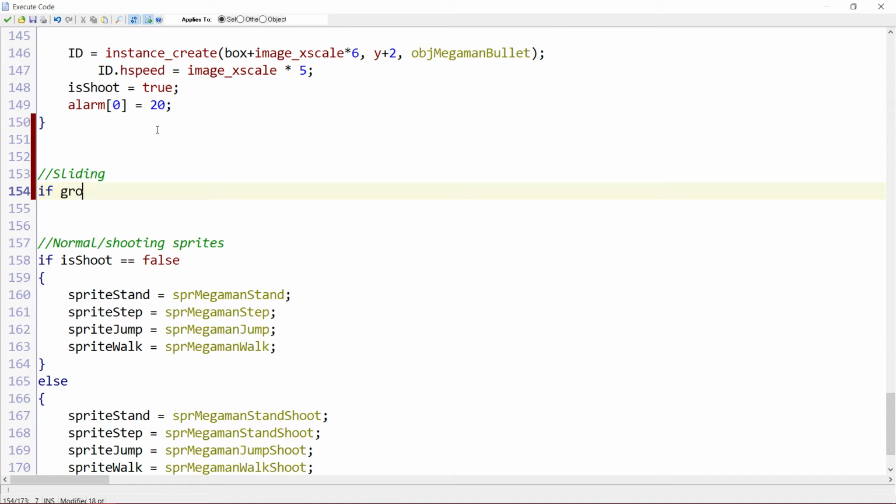First, if ground equals true, we can only slide on the ground. This is not Rockman for air sliding. And keyboard check VK down if you're holding down. And keyboard check pressed or Z. Z is the jump key I use. So if we're holding down and we press the jump key and we are on the ground